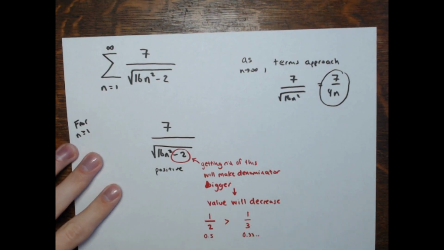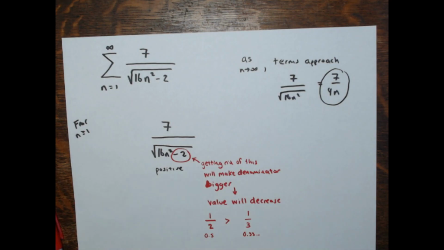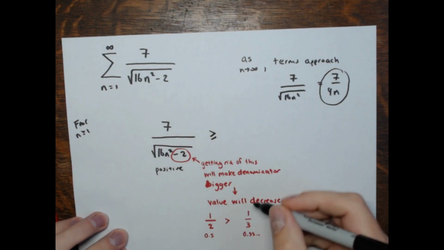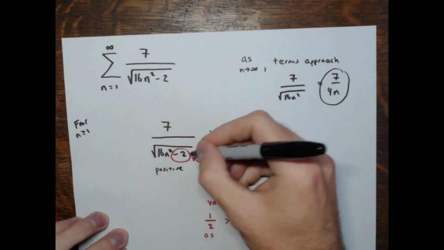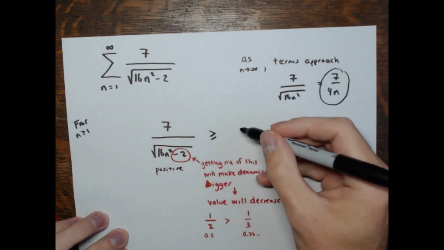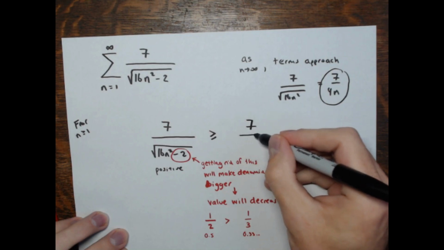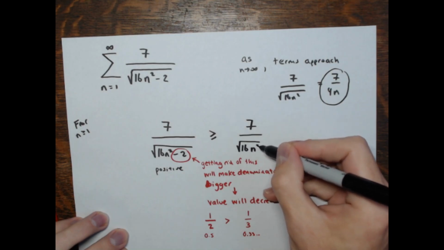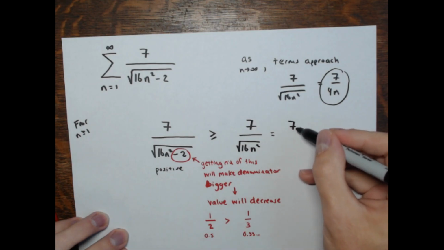The value decreases when I make the denominator larger. So if I get rid of this term, it's going to make the value smaller. So the terms of our sum right now will be greater than or equal to these terms. Just get rid of the minus 2 there, which is